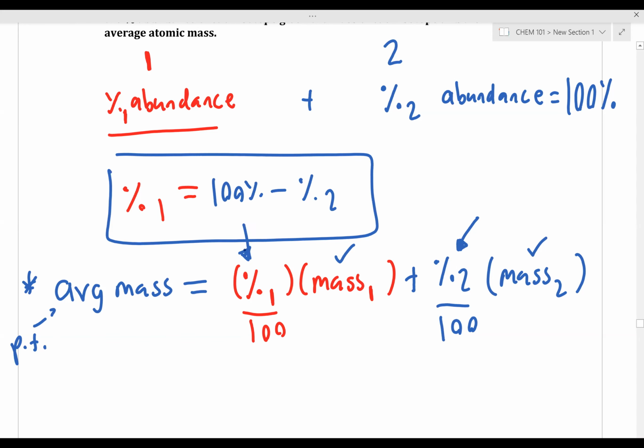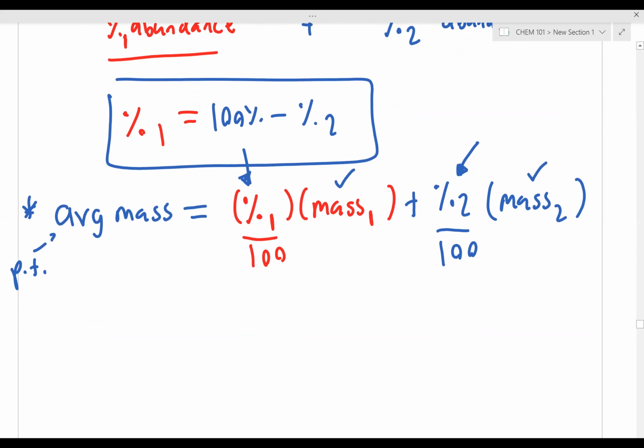And the reason why we're going through this derivation is because we're trying to generate a general solution. So for any system with 2 unique isotopes, we'll be able to, given the masses of each isotope and the average atomic mass, calculate the percent abundance of each isotope. That's our goal. We're using algebra, so we only have to solve this type of problem once. So let's plug in this expression and we'll get our average mass is equal to